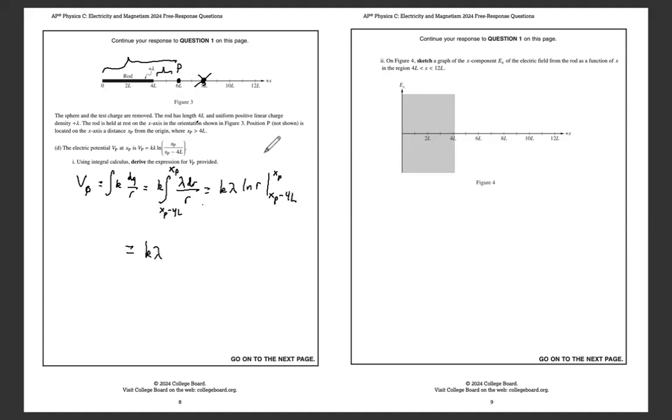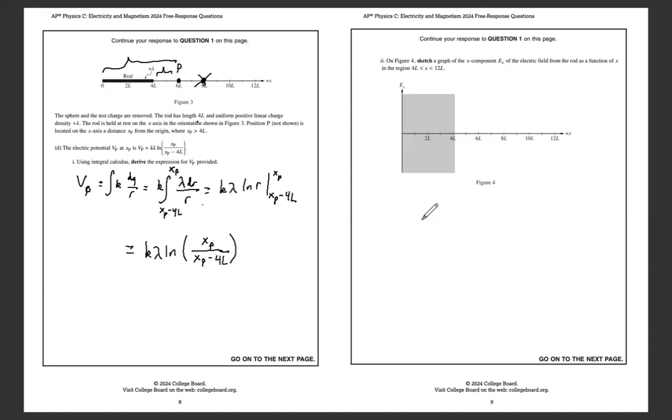I don't know why I was thinking to change this in terms of xp. You could do that if you wanted to, but I really don't think it's worth it, because you don't know where xp is actually located. So there we go. I don't know if I'm just tired or what, but I feel like I would have just solved it in terms of r normally. But anyway, all right, sketch the component of the electric field in the region from 4L